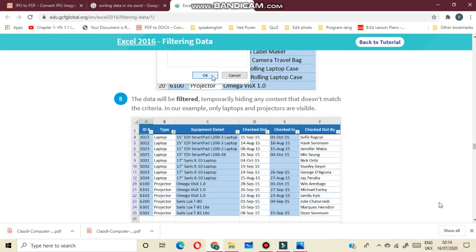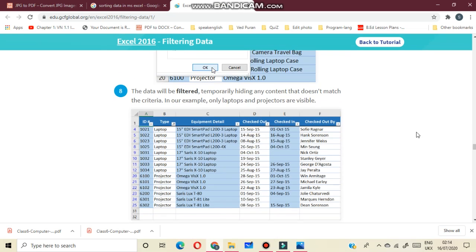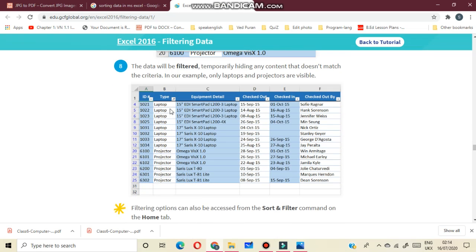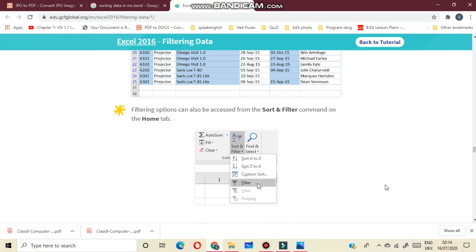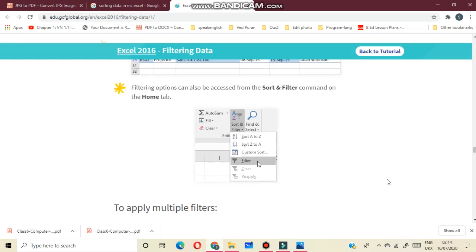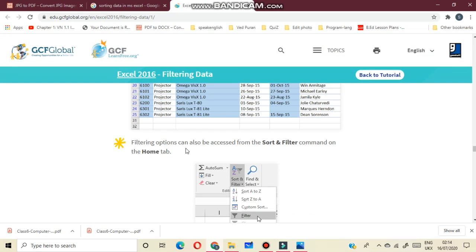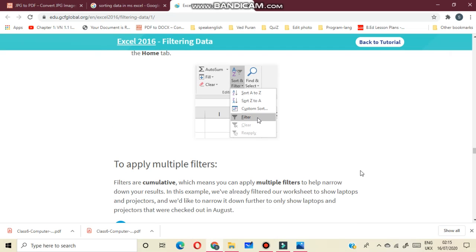The data will be filtered temporarily, hiding any content that doesn't match the criteria. Because I have selected only laptops and projectors, only they are visible. Filtering options can also be accessed from the sort and filter command on the home tab.